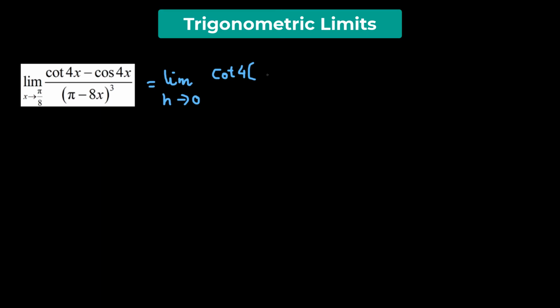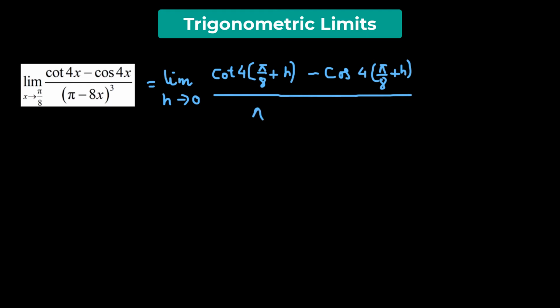Now that means we need to change the limit from x to h. So we have pi over 8 plus h minus cosine of 4 times pi over 8 plus h, whole divided by pi minus 8 times pi over 8 plus h whole squared,